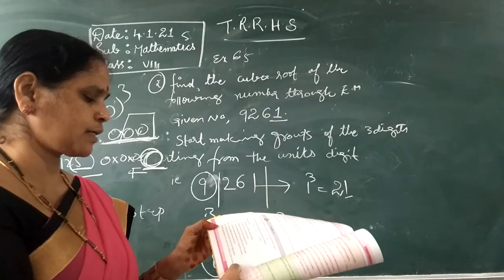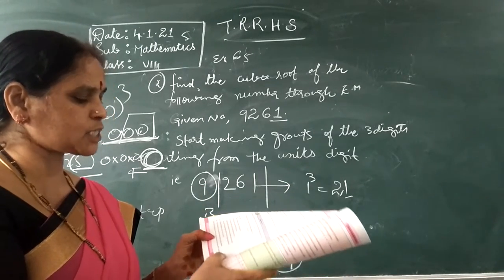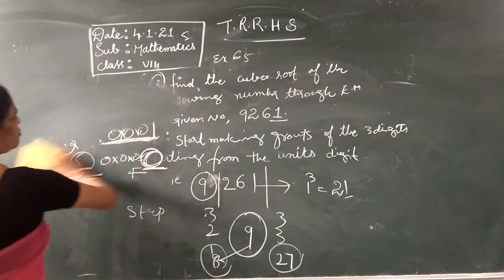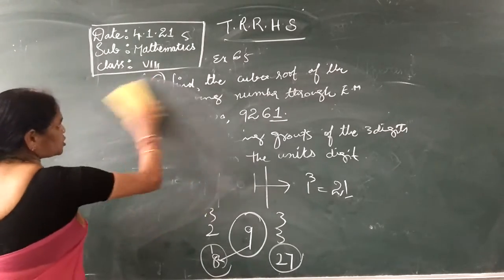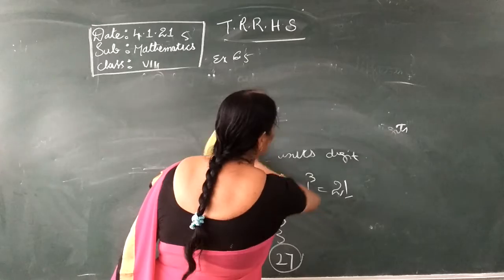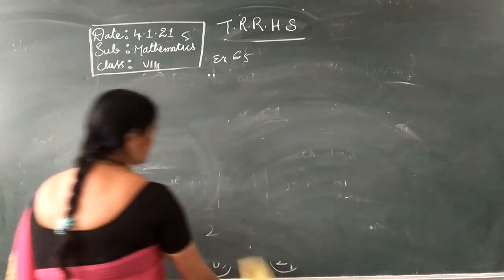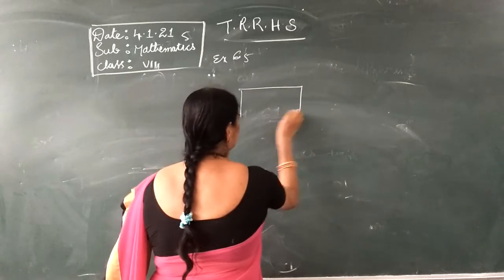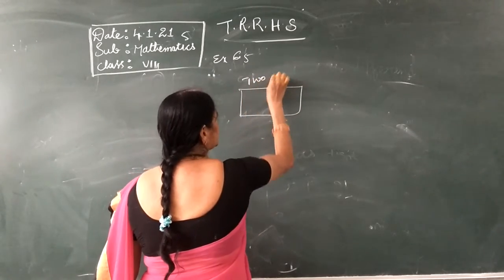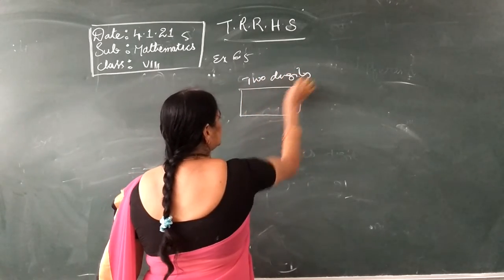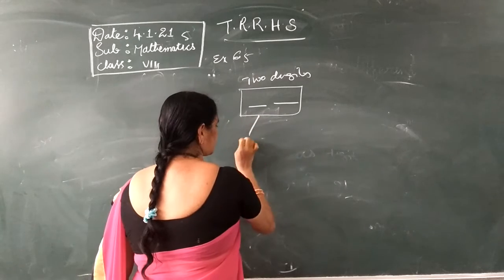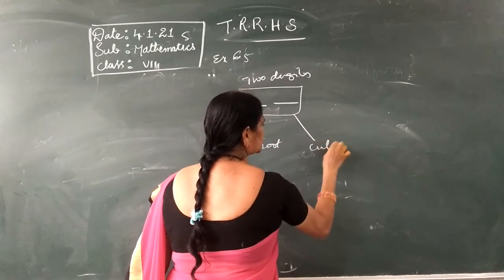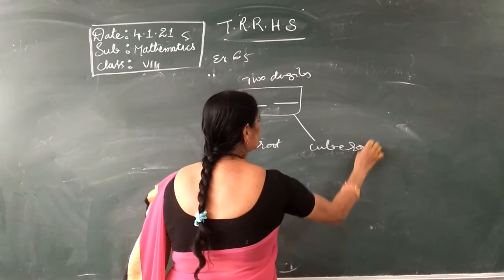In the same way you finish up all this. And the next and the last one is, find a 2-digit number which is a square number and also a cubic number. You have to take any 2-digit number. That 2-digit number should be a square number and a cube number. You have to find out the number. What is that number? You just think. That 2-digit number should have a square root and a cube root. What is that number you have to make?